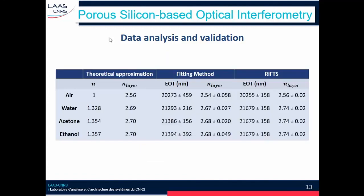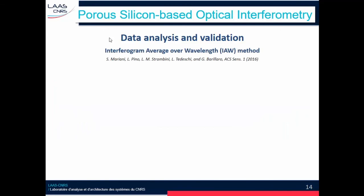After those two analyses, we got the following results, which have some interesting things to see here. First, using the first method, we are able to differentiate when you had a solvent inside from air, but we are not able to differentiate between those solvents. While with the second method, we are able to differentiate water from acetone and ethanol, but not between acetone and ethanol. So we tried a different method more recently, which is the interferogram average over wavelength, a method